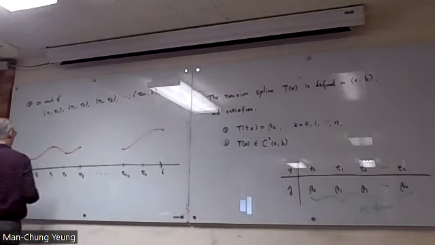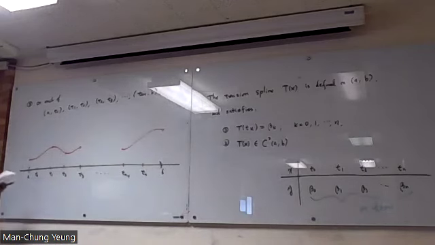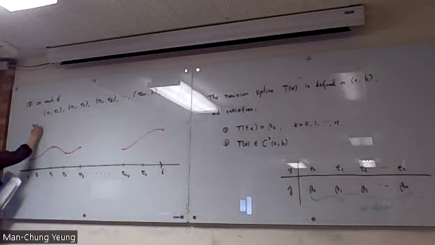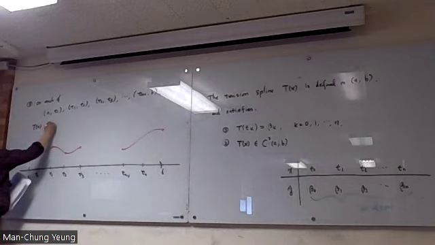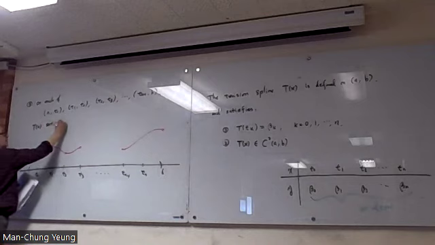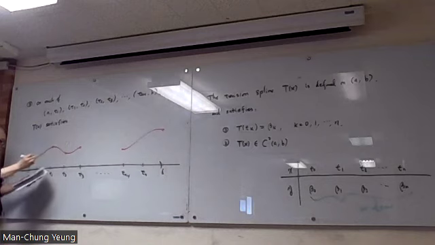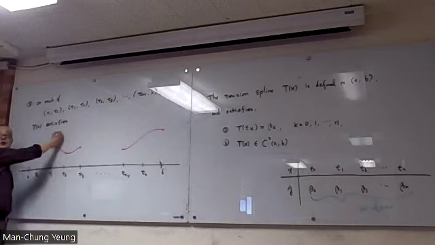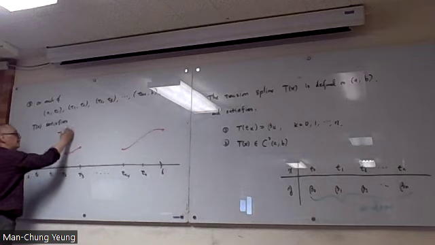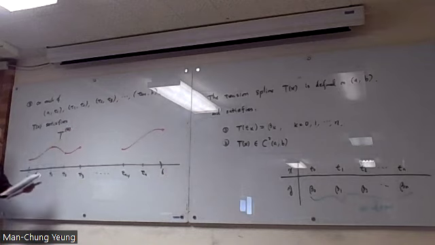On each of the intervals, we require the spline function T of x satisfies this differential equation: T derivative 4, taking the derivative 4 times,